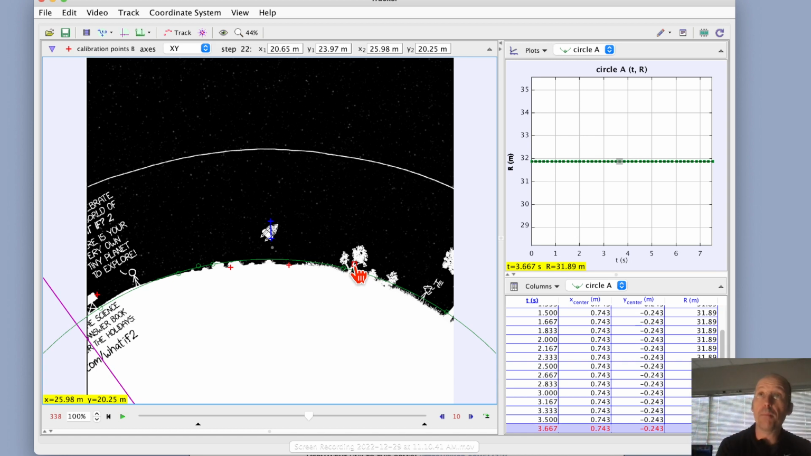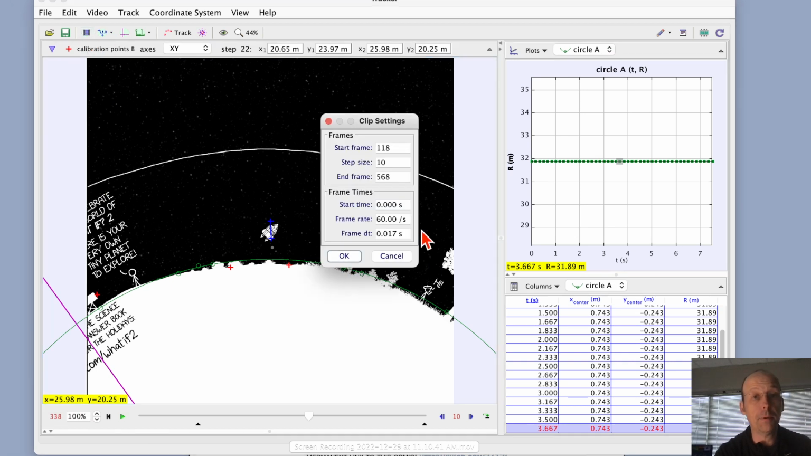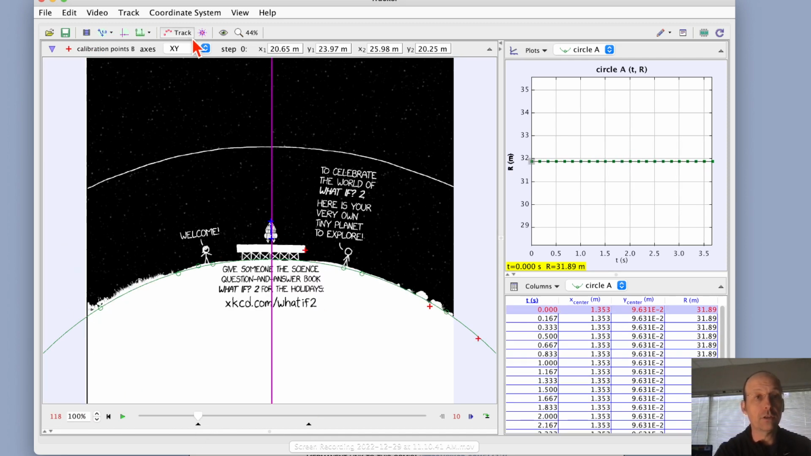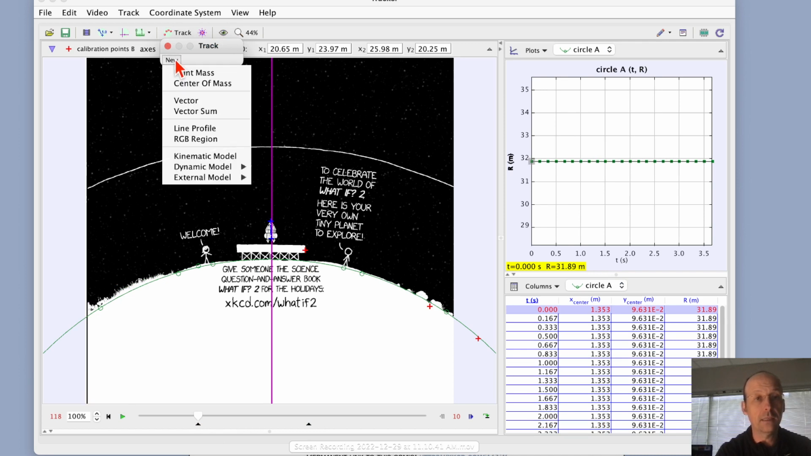I now want to go back and mark the location of my spacecraft. I'm going to set this as the in frame, and there's a reason for that. So this is frame 338. Going back up to the clip properties, in frame 338. And there's a reason why, like I said. Okay. Now I'm going to go back to the beginning, right there, and I'm going to say new track, point